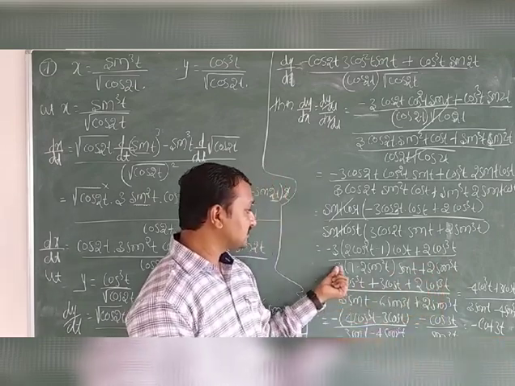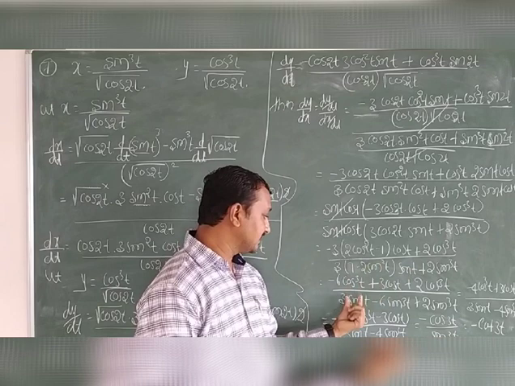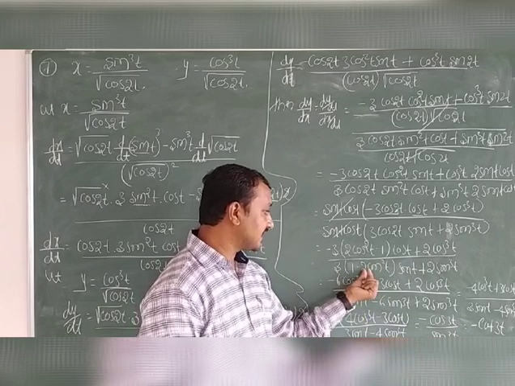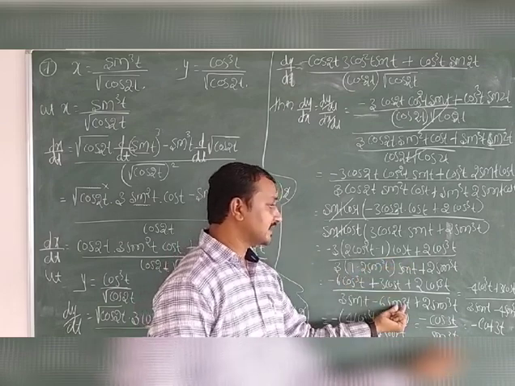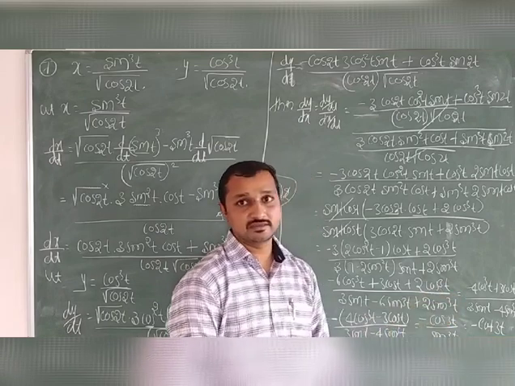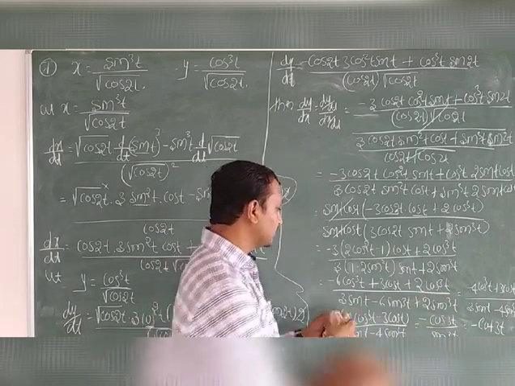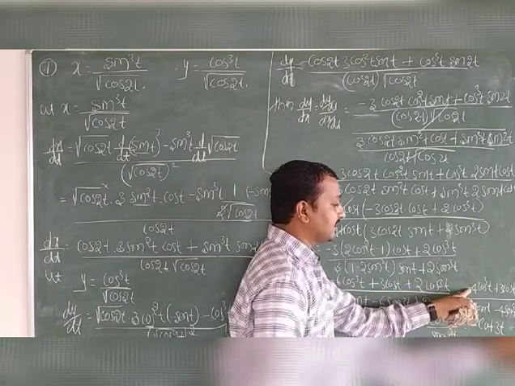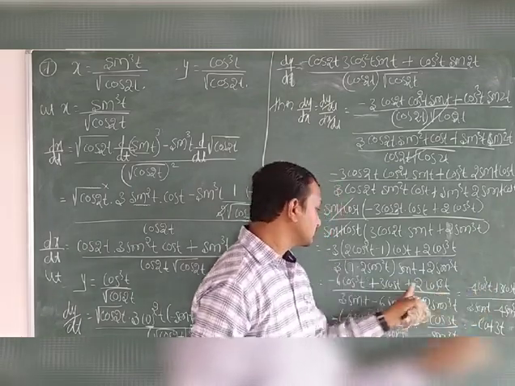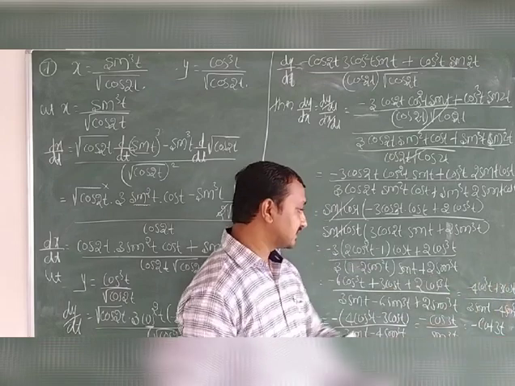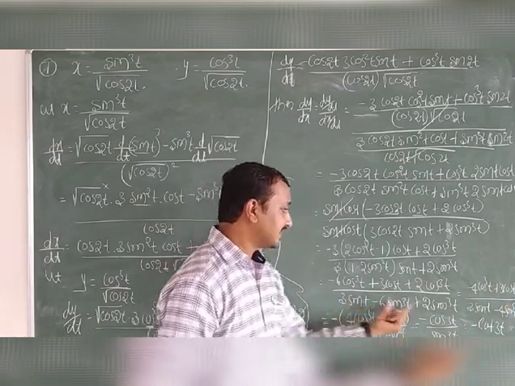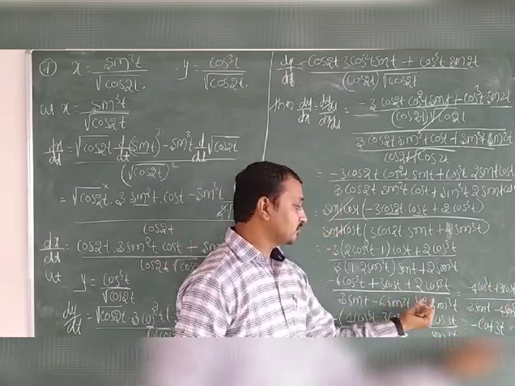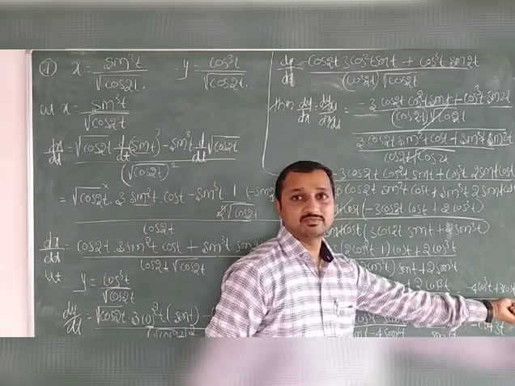Here also in the multiplication, 3 into 1 is 3 sin t. So 3 sin t, then 3 into 2 is minus 6 sin square t into sin t, sin cube t, plus 2 sin cube t as it is. So this is minus 6 cos cube t plus 2 cos cube t, which becomes minus 4 cos cube t plus 3 cos t as it is. Clear? Whole divided by 3 sin t as it is, minus 6 sin cube t plus 2 sin cube t is minus 4 sin cube t.